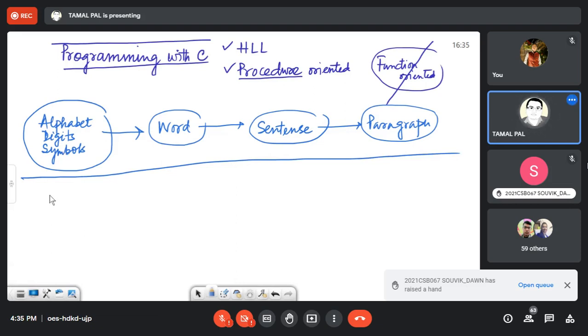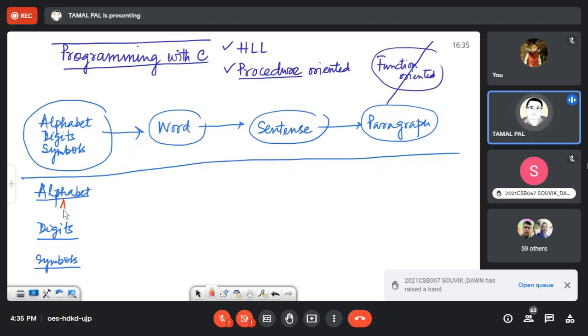Similarly, in computer also or in C programming, you need alphabet, digits, and symbols. So what are these?